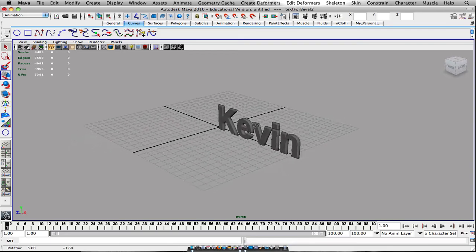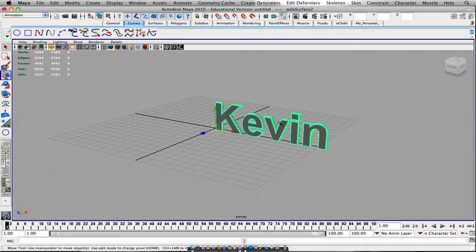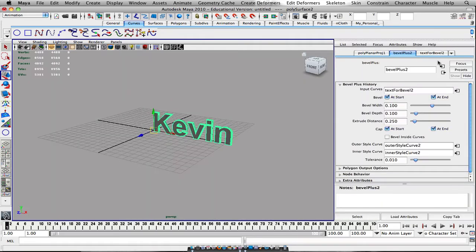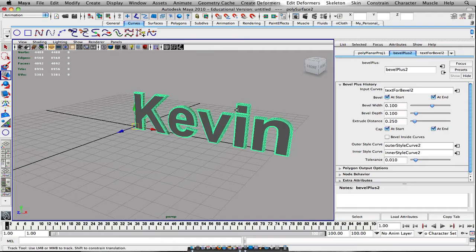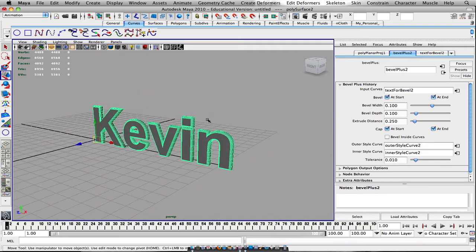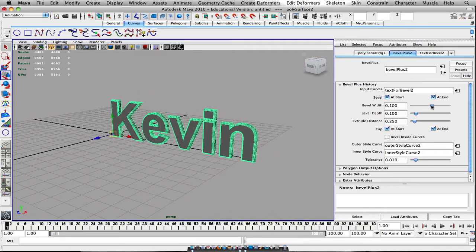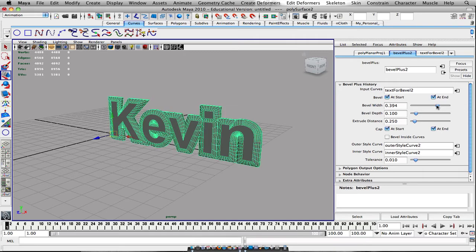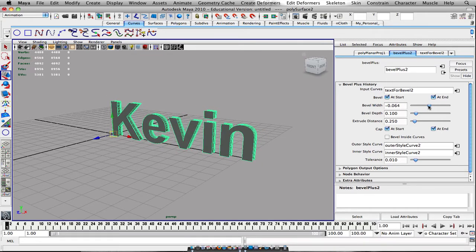So pretty basic, pretty simple. You can go into your attribute editor and play around with it. You go to Bevel Plus and you can play around with the boldness of the text. You could go with the bevel width. This kind of brings it out a little more. You could have it come in a little more so it's not as thick. So you can go crazy with this. But anyway,